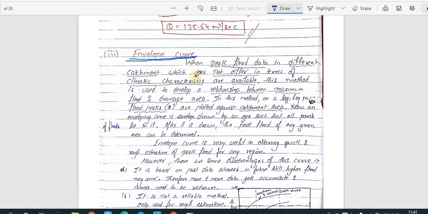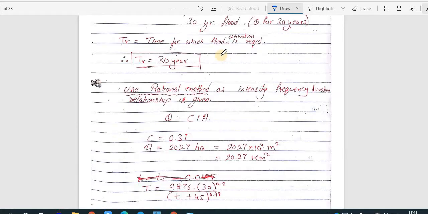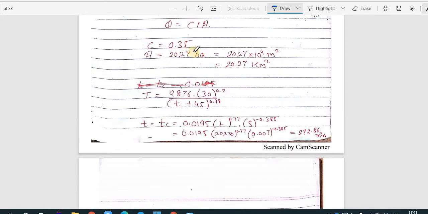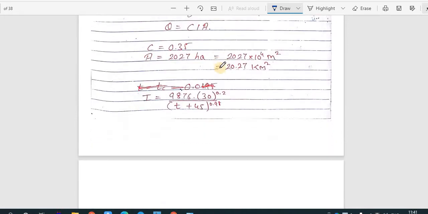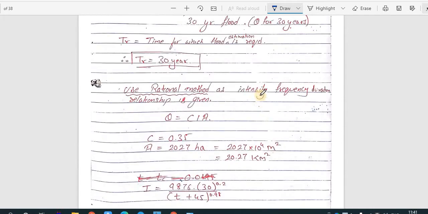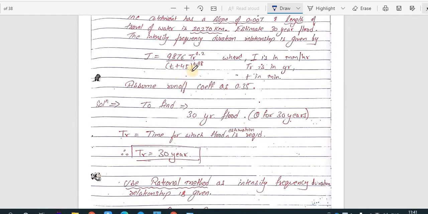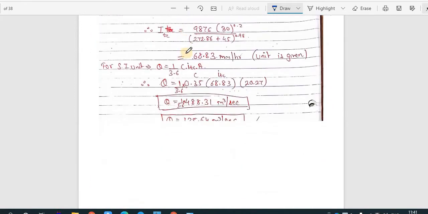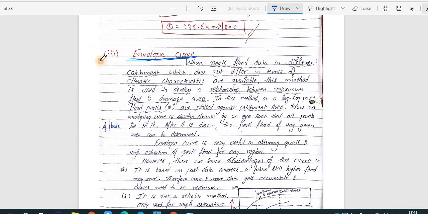Good morning, everyone. So, in the previous class, we started with the new chapter, that is flood. We had studied the definition of flood, the causes of flood, what can be the effect of flood, and we have also studied how to evaluate the frequency of flood. Okay, and there were different methods used to calculate the quantity of flood, out of which the next method which we are going to study is the envelope curve method.